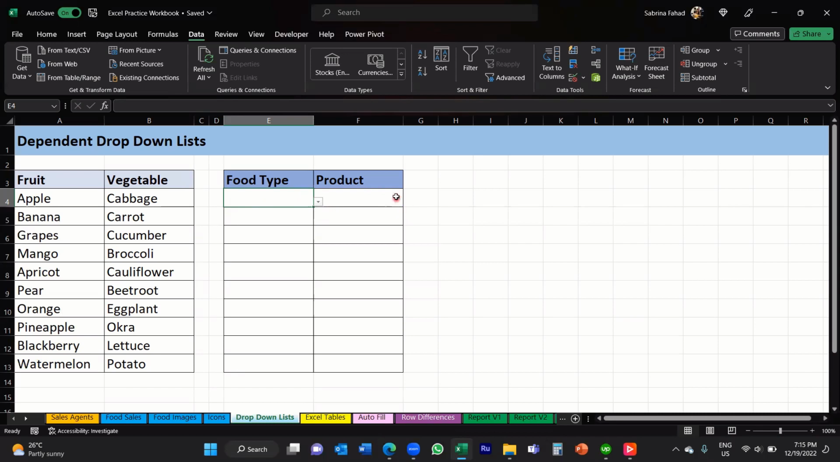Now the second drop-down. Now remember, the second drop-down, we want to make this a dependent drop-down because we want that drop-down list to change based on our selection in our food type drop-down. Okay, so whatever we select in the food type, we want the product drop-down list to change accordingly and only show the relevant products. So to create a dependent drop-down, what you need to do is create a named range. Okay, so what I mean by that is we need to